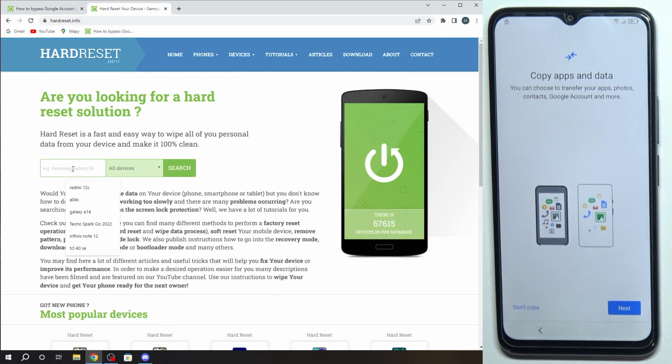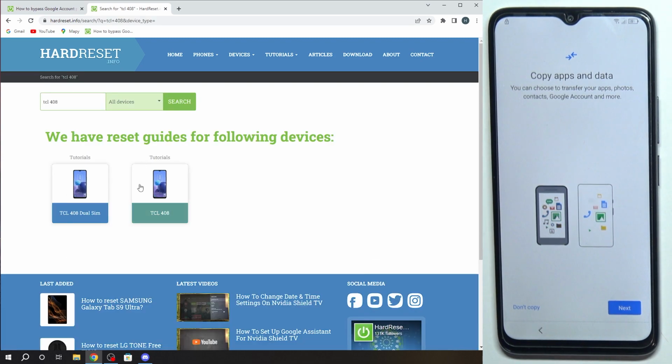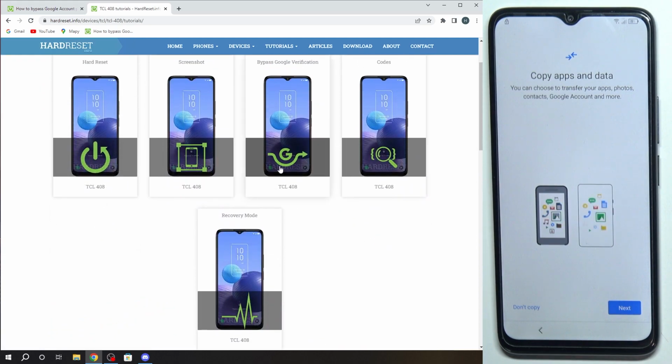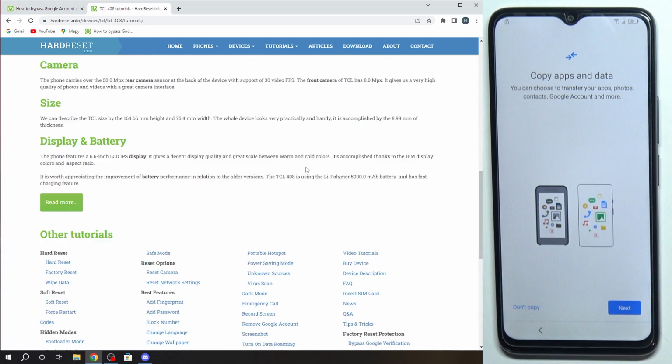And then in the search field right here, you want to type in your phone model. So TCL 408. I guess I'm gonna go with this one. And here, right at the top, you will see bypass Google verification. So click on this. If you don't see this for some reason, which I think sometimes might happen, you can click on any other one or just scroll down and there should be,